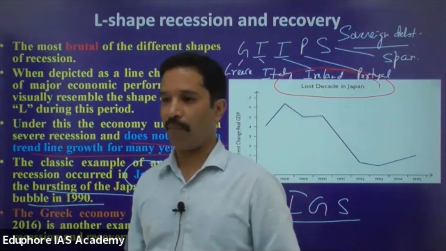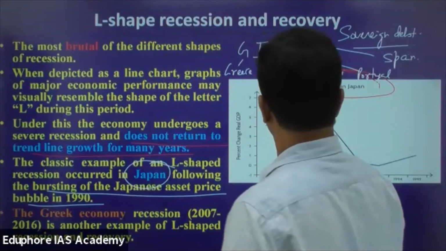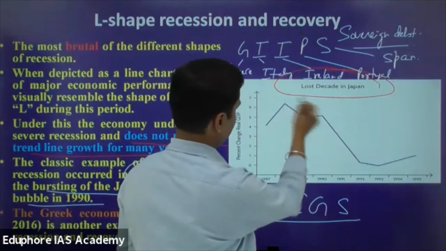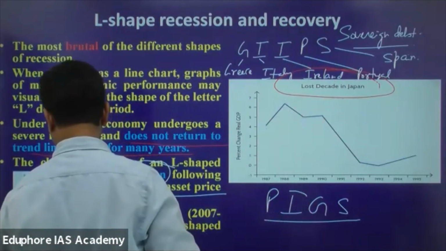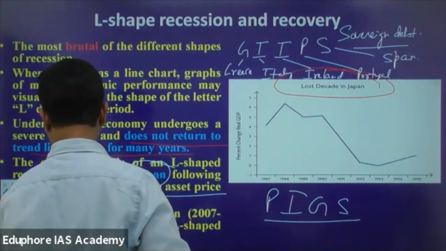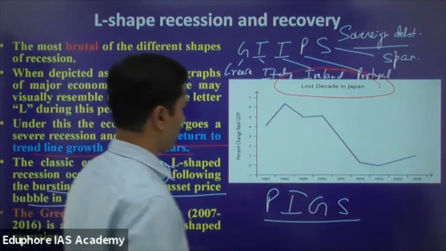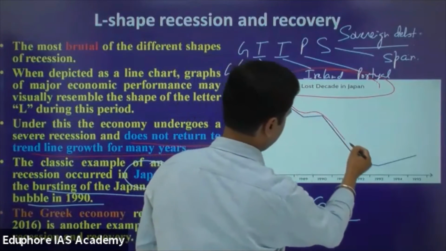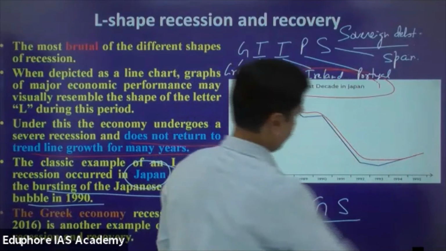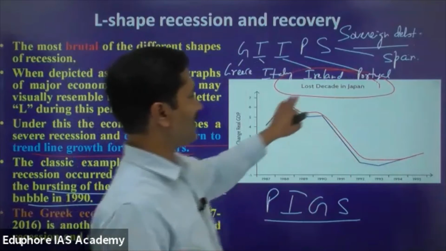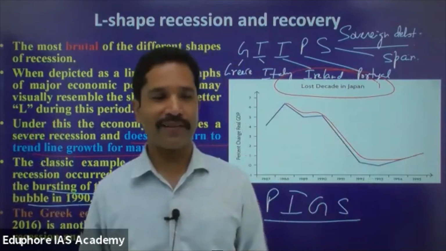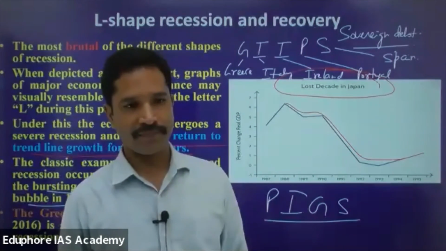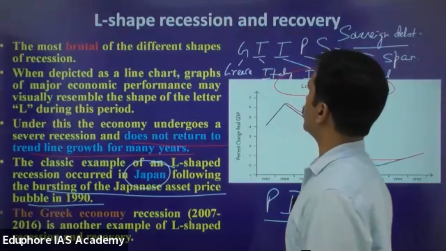सो दिस इज बर्स्टिंग ऑफ बबल, राइट। So you see lost decade in Japan 1987 से 88 में, it started going down। हाँ बोल सकते हैं, लॉन्ग पीरियड ऑफ टाइम के लिए it came down, then again it came down and remained there for a long period of time। So this is called lost decade in Japan। जापान में ग्रोथ रेट जो थी वो एकदम नीचे थी काफी टाइम तक, राइट। सो दिस इज L-shaped recession recovery।